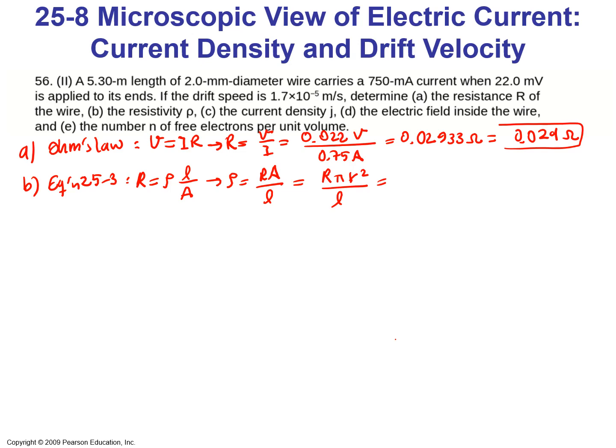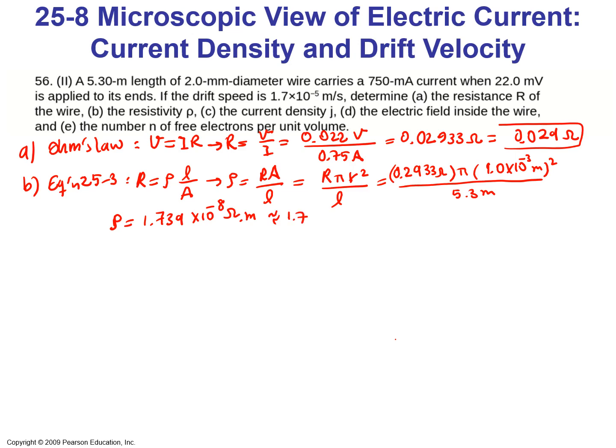We just obtained the resistance, 0.02933 ohms, times pi, and the radius is 1 times 10 to the power minus 3 meter squared, divided by the length of the wire, 5.3 meter. We will have rho equals 1.739 times 10 to the power minus 8 ohm meter, almost 1.7 times 10 to the power minus 8